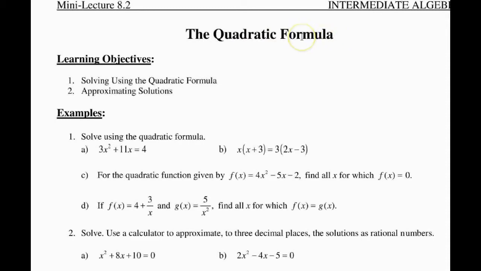Now, we know that the standard form of the quadratic equation is ax squared plus bx plus c equals 0. Now, if we solve this equation for the letter x using completing the square,